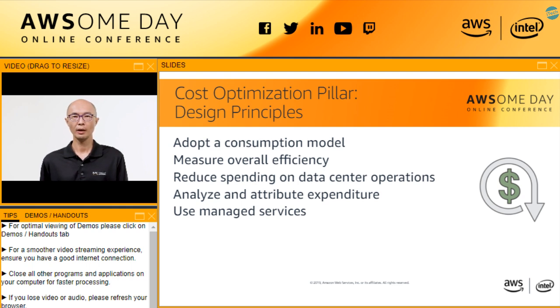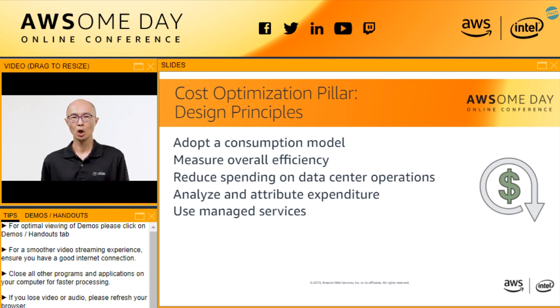Customers can measure their return on investment, which provides them the opportunity to optimize resources and reduce costs. Finally, we suggest customers use managed services to reduce the cost of ownership. The cloud has provided many managed services to remove the operational burden of maintaining servers for tasks such as sending emails or managing databases. And since this is all done on a cloud scale, they can offer a lower cost